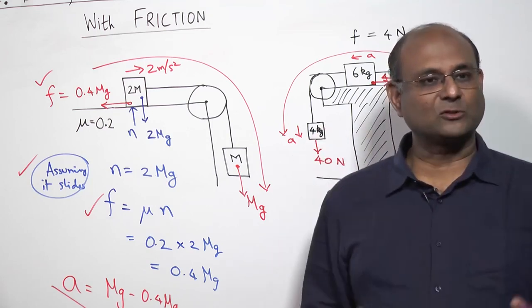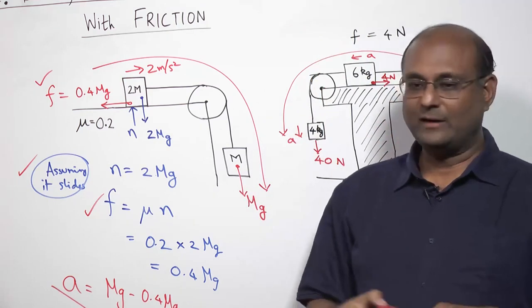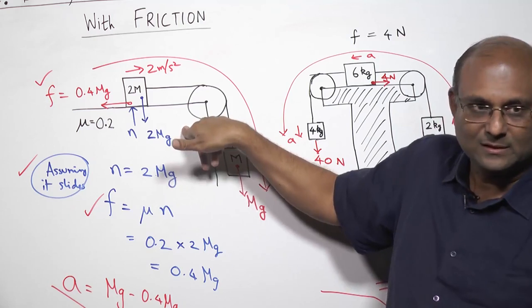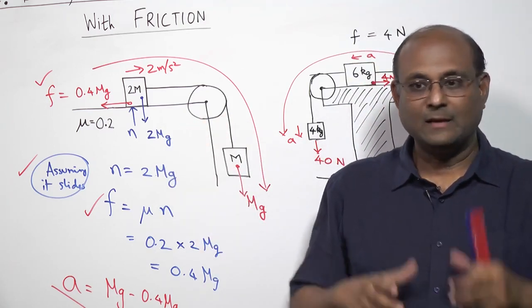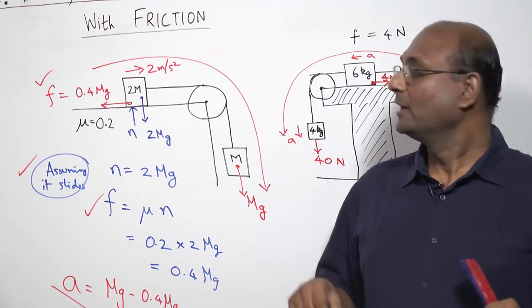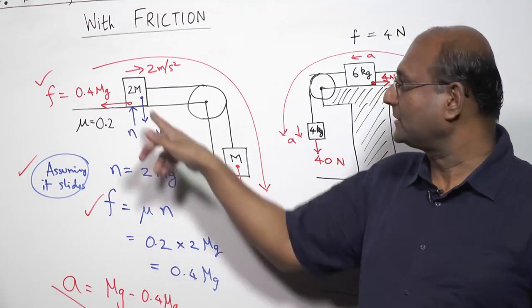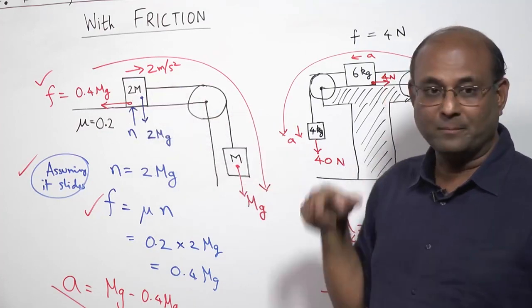But if I exert a force on the elephant, even if I exert a 10 Newton force on the elephant, 10 Newton force is very trivial. Right now I am exerting more than probably 10 Newtons. Okay, so if I exert a 10 Newton force on an elephant, the elephant will move on a frictionless surface. Okay, so our experience is only for normal surfaces which have a lot of friction. So in a frictionless surface, clearly this 2m will be pulled by m.